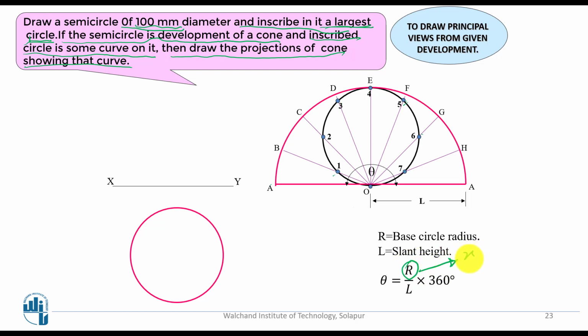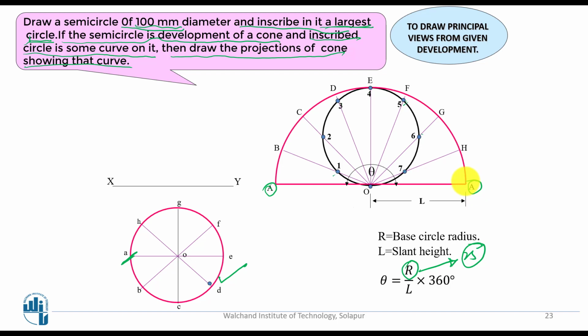Based on this 25 millimeter, you are going to draw this circle by taking 25 millimeter as the radius of this base circle. Divide the circle into 8 equal parts. Here you give the names a, b, c, d, e, f, g, h. These are the small letters you have taken. And here is the cutting line you are going to use. Because of that, this a is coming here and a is also coming here.